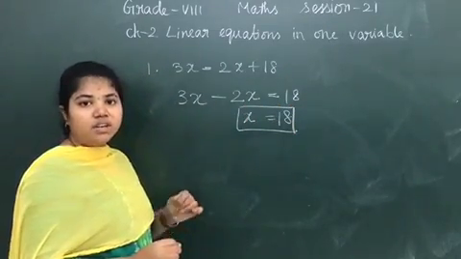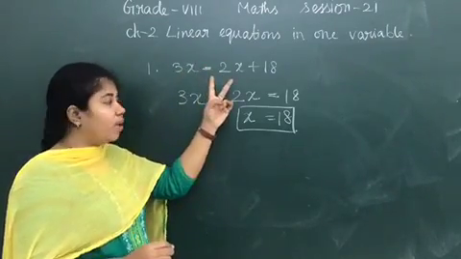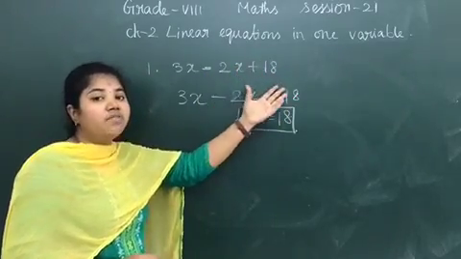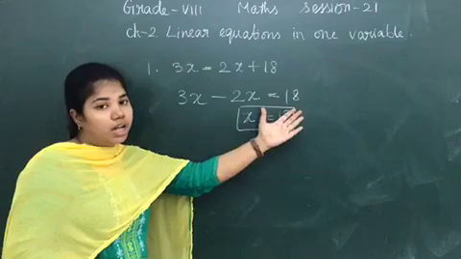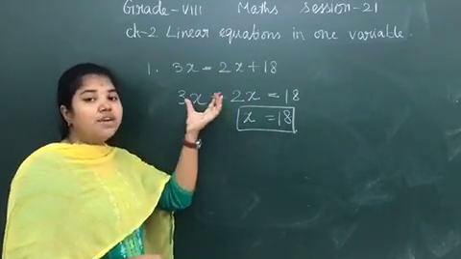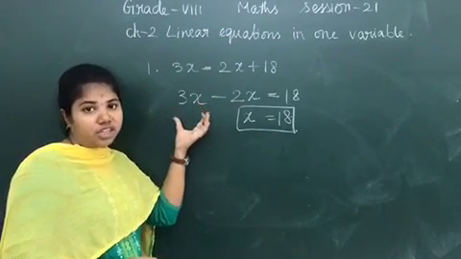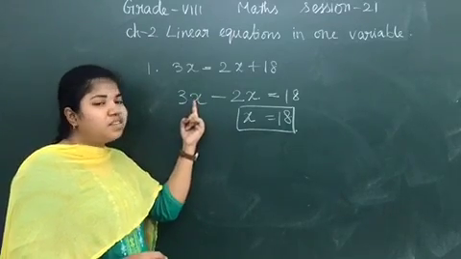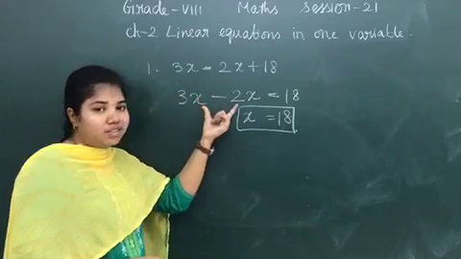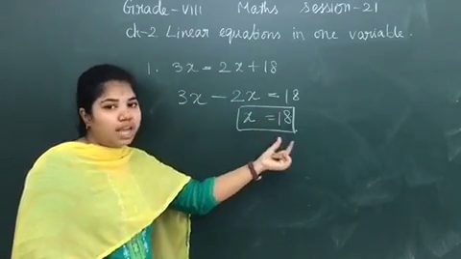Are you clear with it? So what did we do in this sum? We had variables on either side of the equation: 3x is equal to 2x plus 18. So you take the variables to one side and the number to the other side. Then check the basic operation in between and check the variables. If your variables are the same, then you can subtract or add the coefficients. Coefficients are nothing but the numbers before the variables. Now if you are subtracting the coefficients, 3 minus 2, it is 1x, which means x. x is equal to 18.